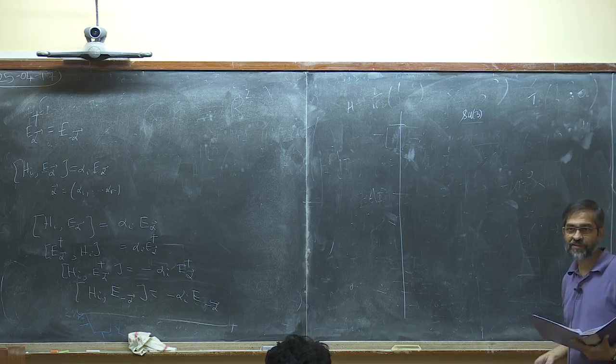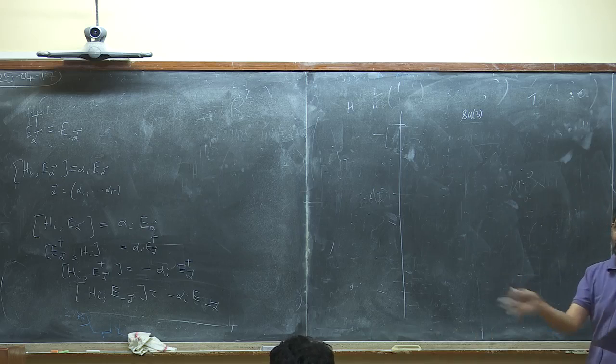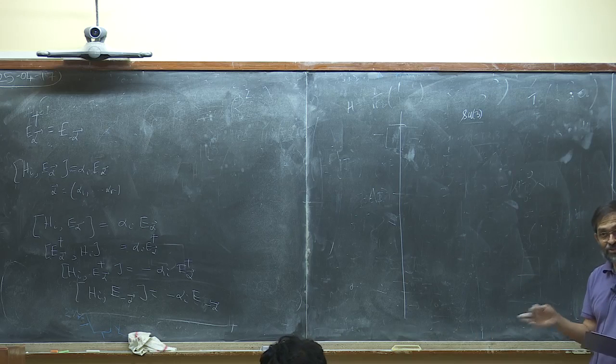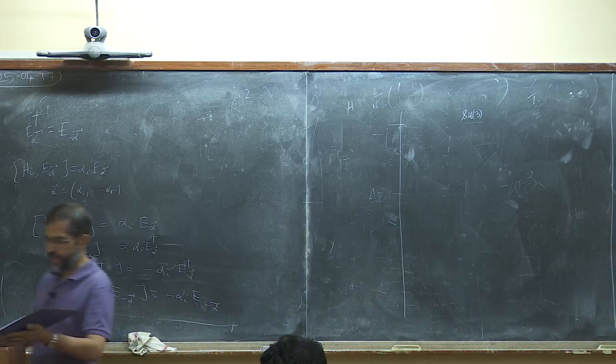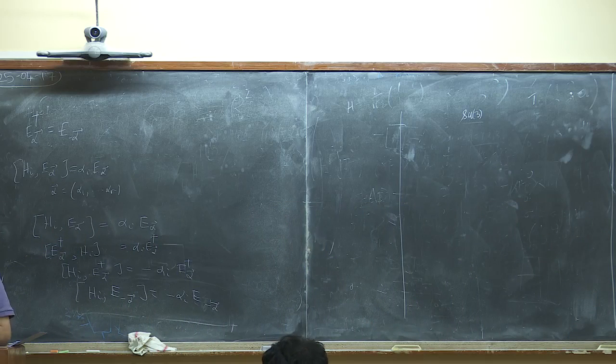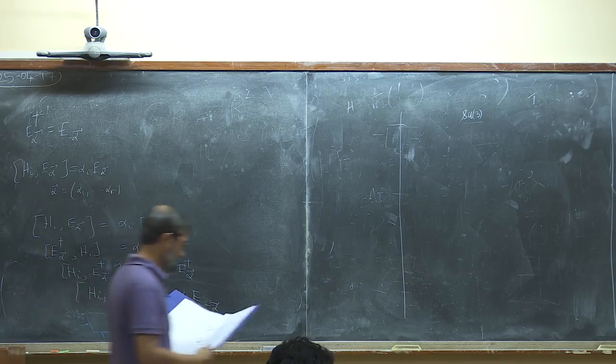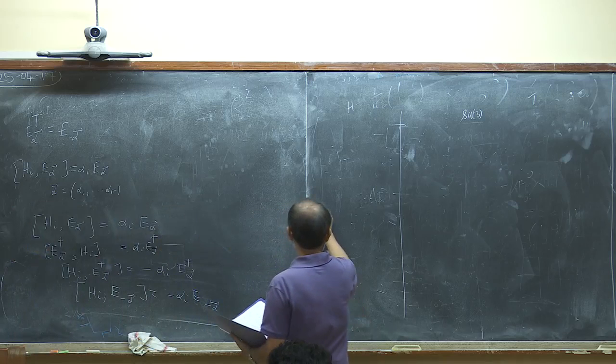In SL2, if you want to go back to the real section called SL2R, there J plus dagger is not J minus, J plus dagger is J plus. All right, in order to have a unitary representation. That's just a thing about normalization. So E alpha